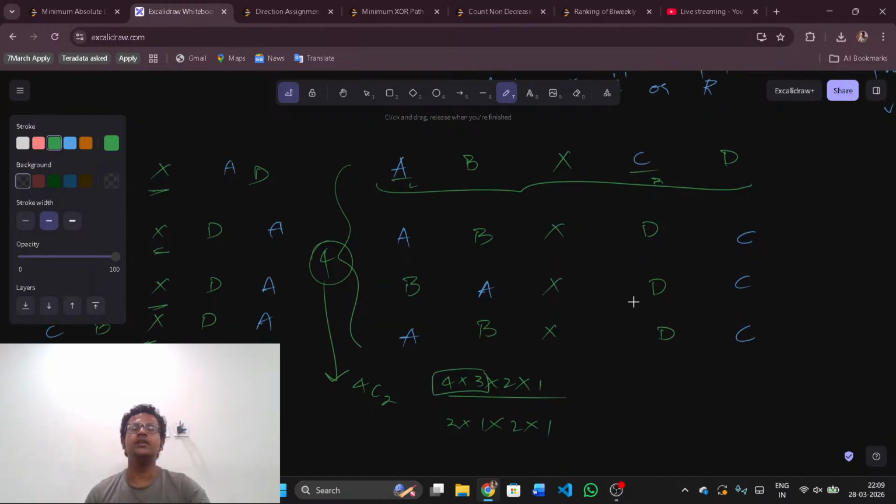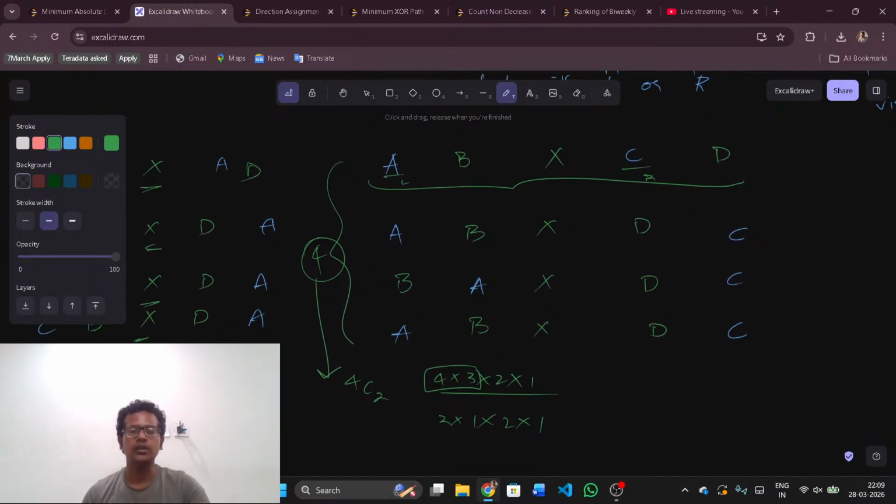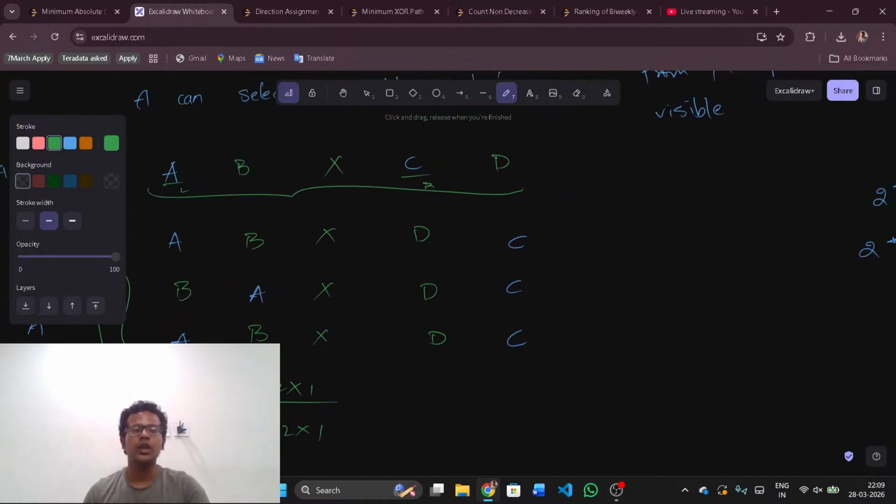Now, why does it give me 12? Here, I can also place A and then C and then X. This D can be placed here and then B can be placed here, right? So there are totally 12 into 2, which is nothing but 24 ways